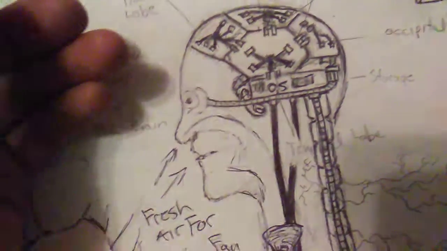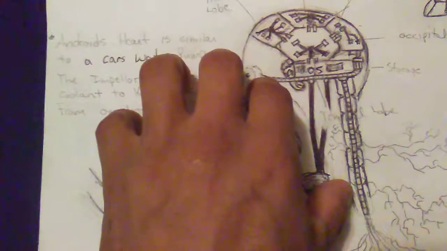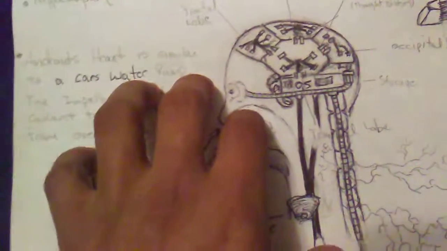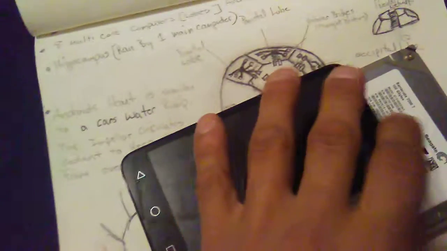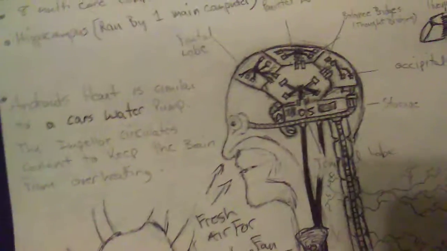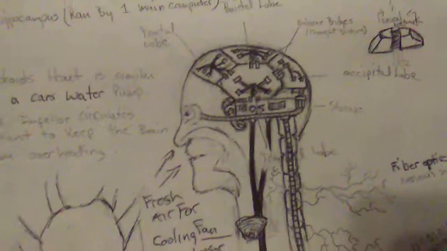If somebody's good with Arduinos, they would be able to rig up Arduinos together and have those operate and communicate with each other, run by one main computer too. Or they could each have their own, just like these phones do, and they could be run by this main operating system. There's a primary operating system and a secondary operating system. All these are run by the secondary operating system, which I'd like to think would be Android, creating a true Android, the Google Android. I thought it was kind of a cool concept.